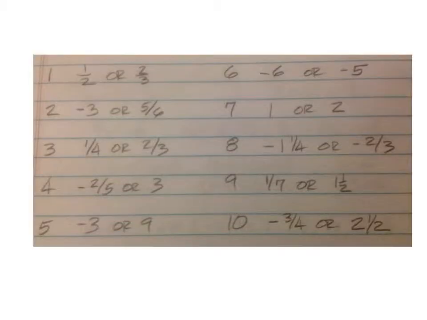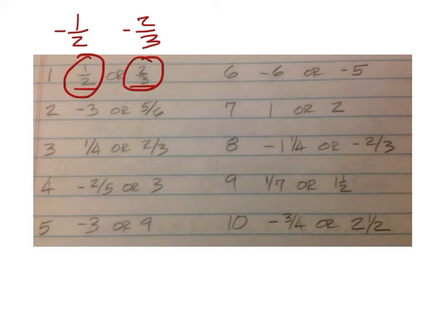Here are the homework answers. You must have both numbers correct. You cannot have, for number 1, for example, a negative half and a negative 2/3. It must be 1/2 and 2/3. Nothing different. For problems like this, you could have